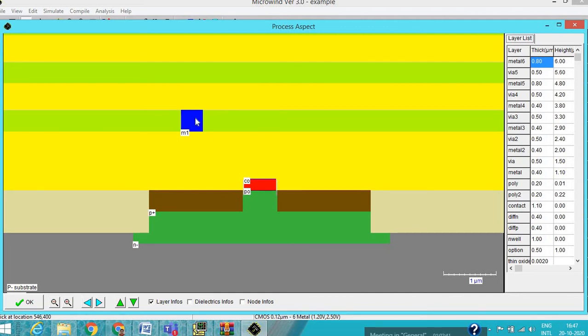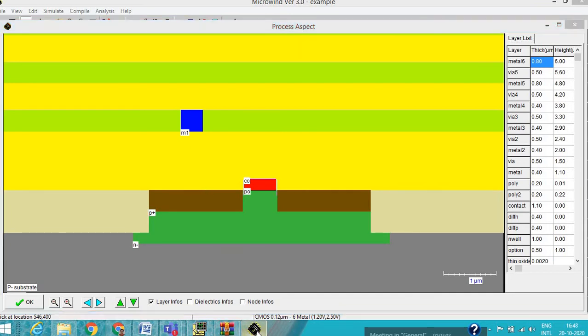Now this is our next layer, which is the metal, and this metal is not connected with the P plus. We have to use some contact that will make the connection between the two layers through the via, right? So via is an isolating material which isolates the different layers in multi-layer designing, right?